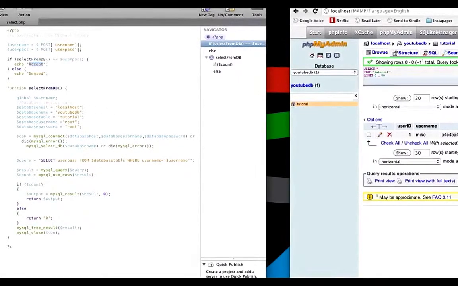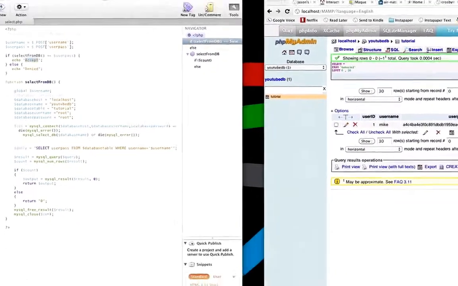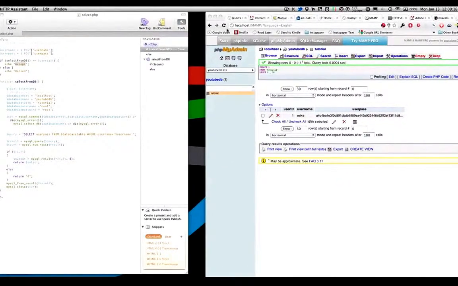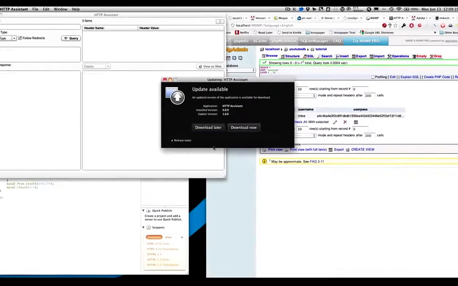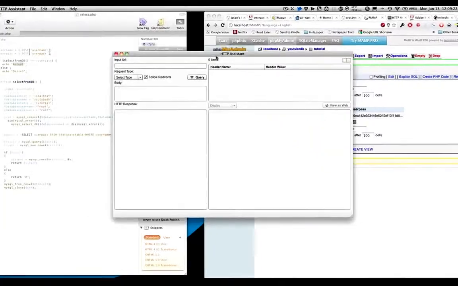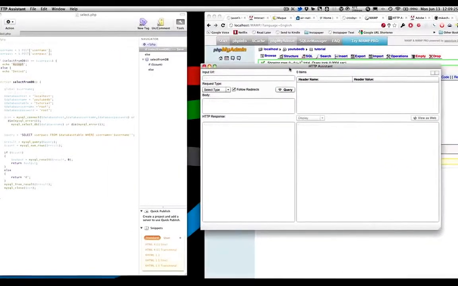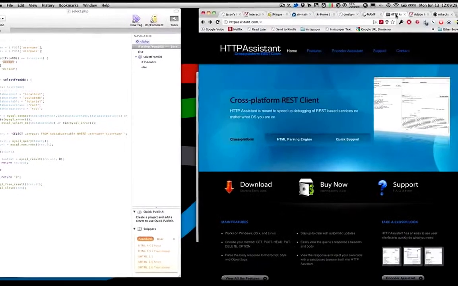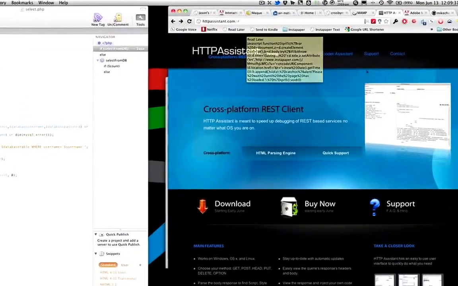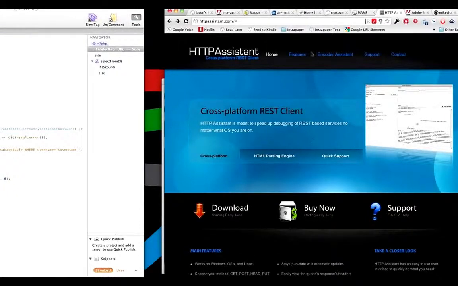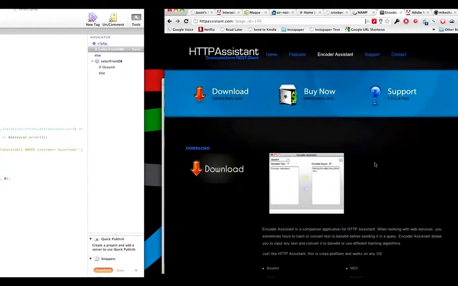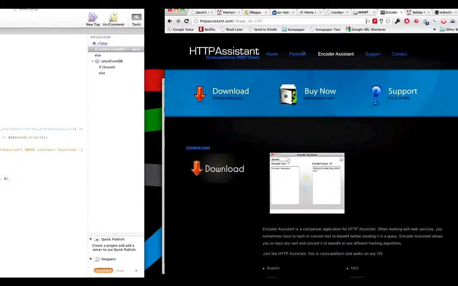So let's test this out to make sure it works. I'm using my HTTP assistant program that I've built, and this will let you test your REST-based web services. If you go to httpassistant.com, it's not out yet, but if you click Encoder Assistant, this is a free download that I built so you can hash strings or base64 encode them when working on these projects. So download that, and what we will do is